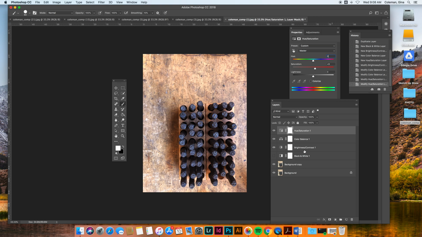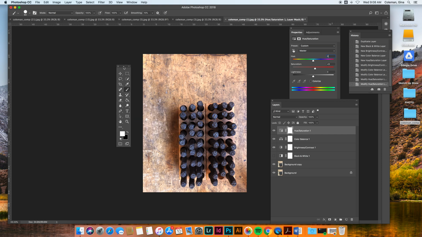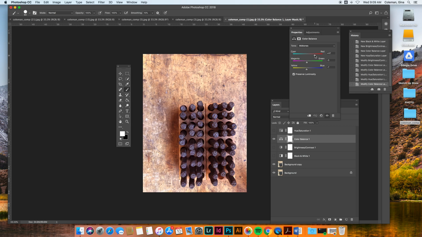So if I wanted to just simply adjust the background and not adjust the heads of these letters here, I could do what's called a selective adjustment by selecting the paintbrush in my tool bar right here. So it's the brush tool. And I can basically mask over some of these areas to take away the adjustment. So let's say I am in my color balance layer right here, and only my color balance layer is selected, so I can only see color balance. If I increase this, let's say, really, really red, and I like the way it looks on these letters,